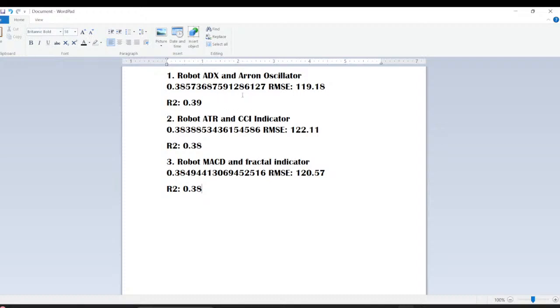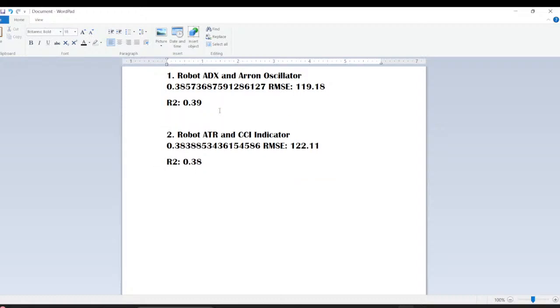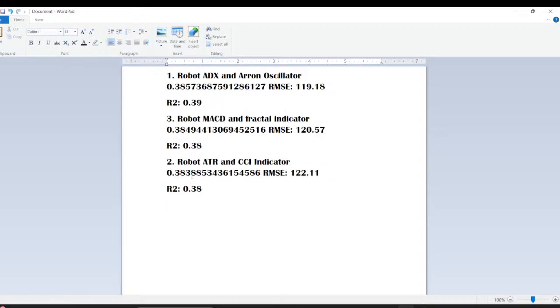Let's rank them. I think what I've got to do is move this. So just for fun, looks like